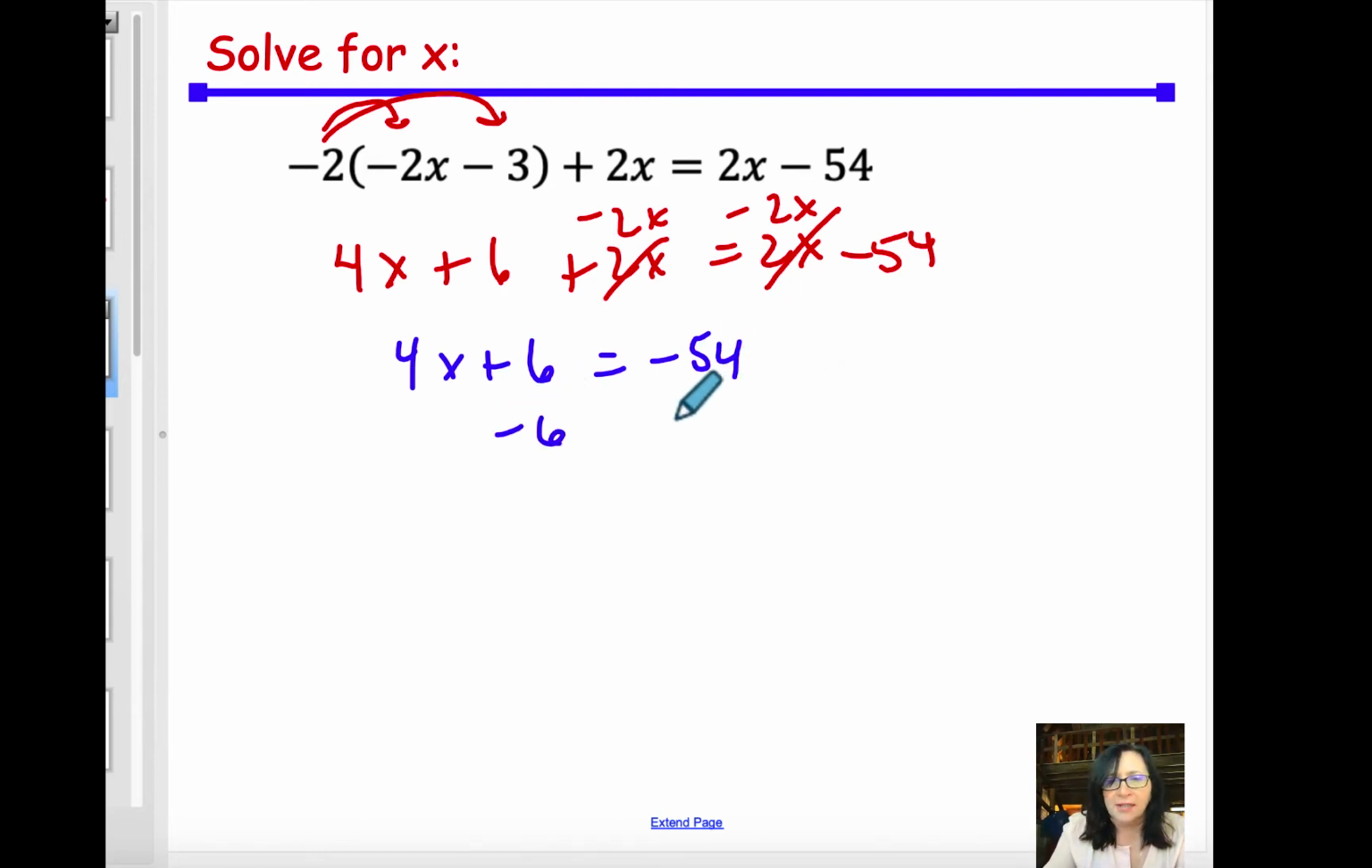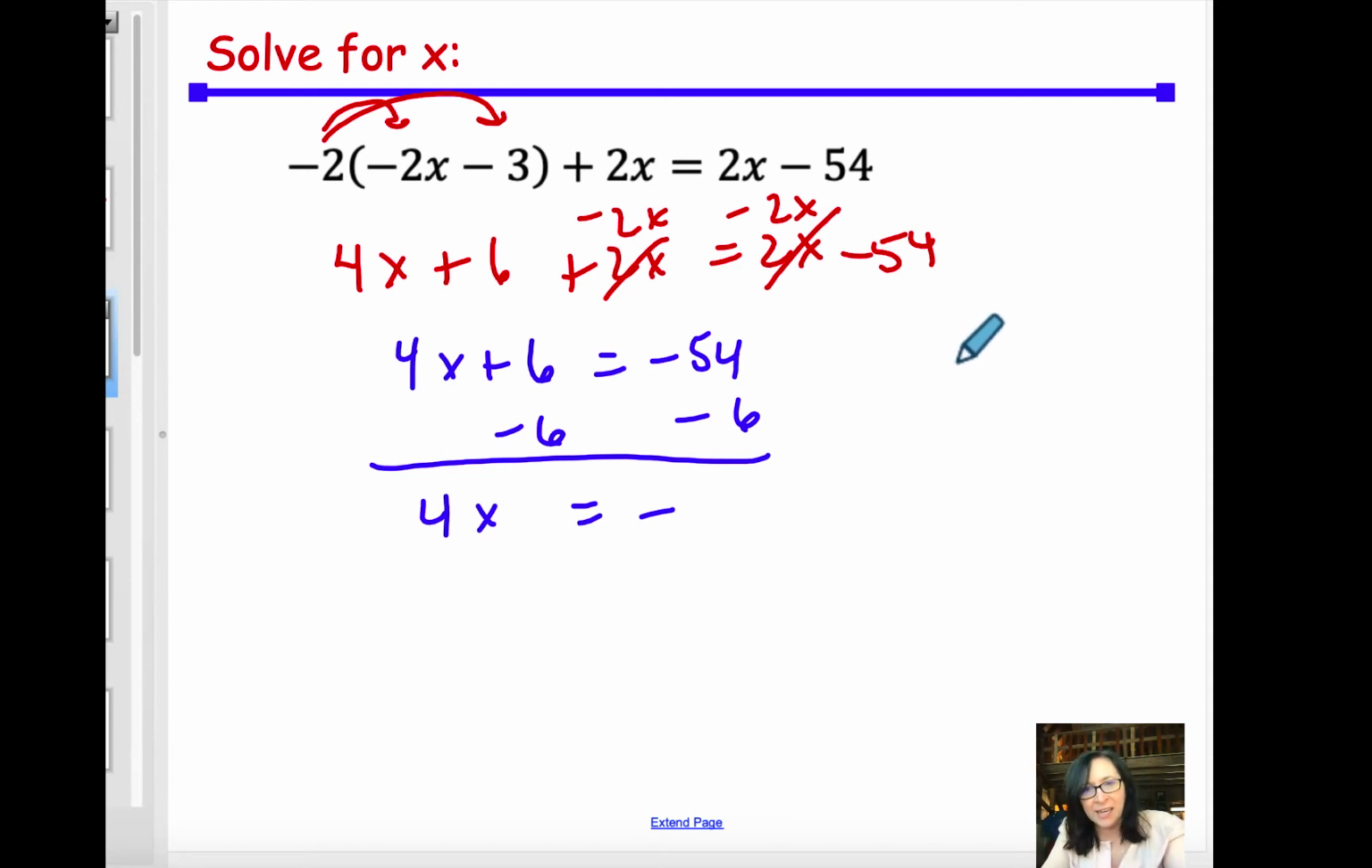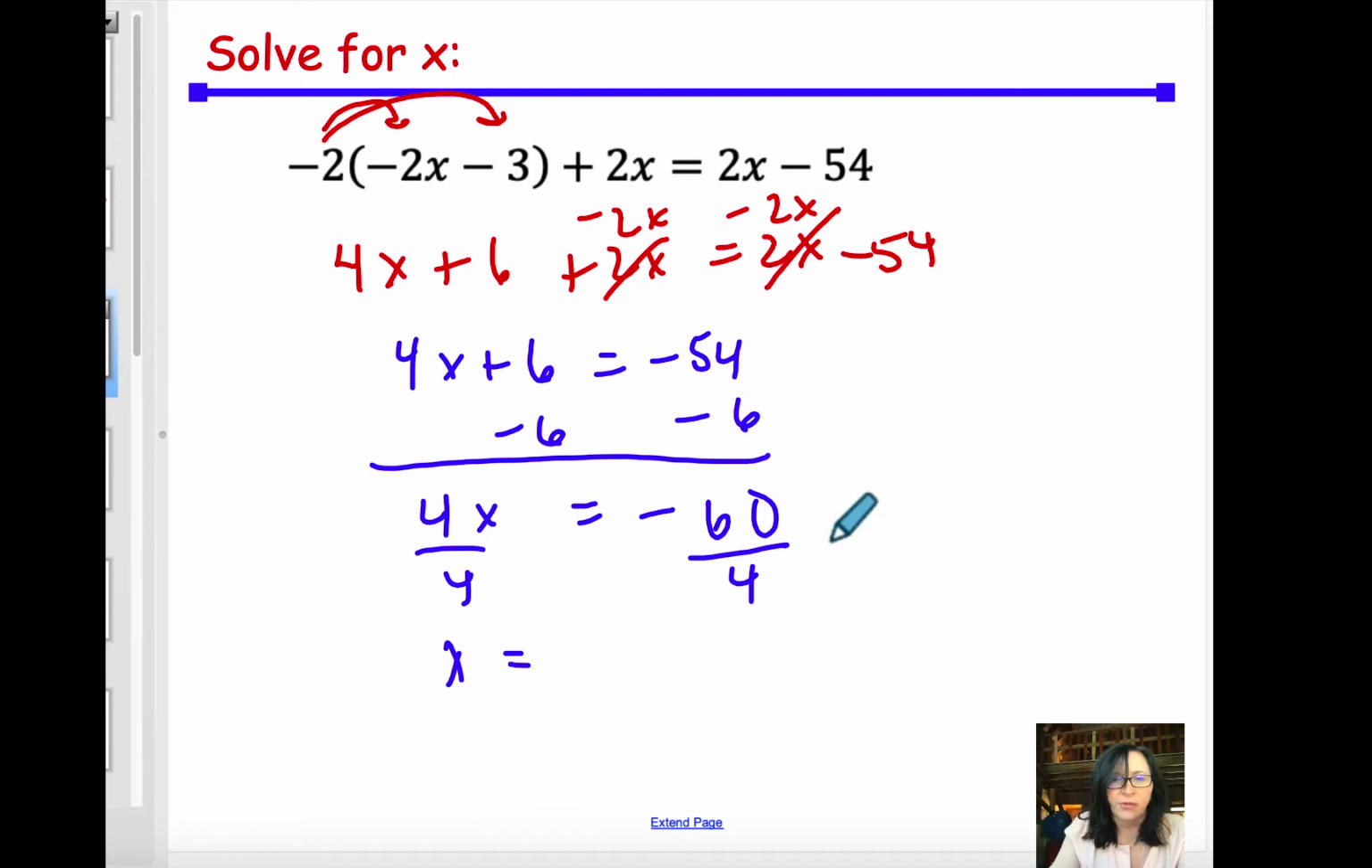I'm going to subtract 6 from both sides, and in doing that, I'm going to get 4x equals, and I'm going to need to add, because I've got a negative 54 and a negative 6. This will give me a negative value. 6 plus 4 is 10, 60. I am then going to divide by 4 on both sides, and in doing that, I get x equals negative